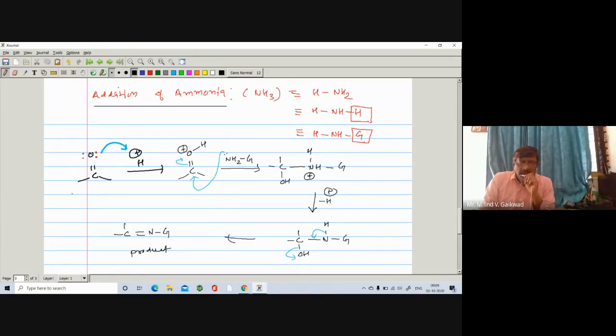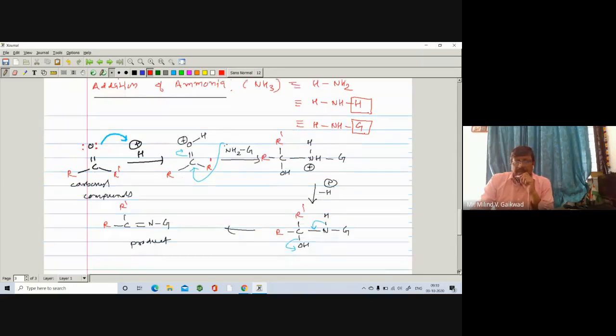So these are the carbonyl compounds, right? Carbonyl compound. So in general, you can write an example. There is R, there is R dash, maybe same, maybe different. Here is R, here is R dash, maybe same, maybe different. Here is R, R dash, right? R, R dash, and here is R and R dash, right?